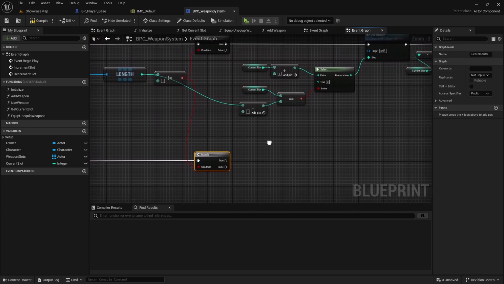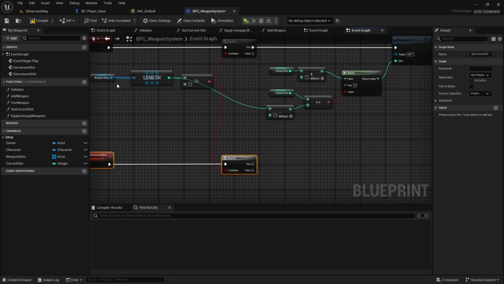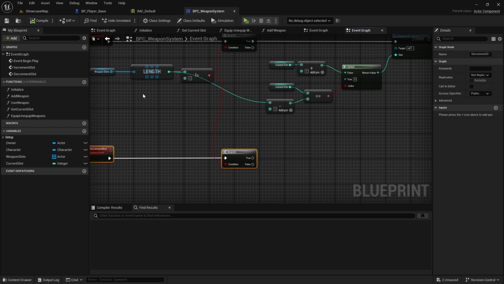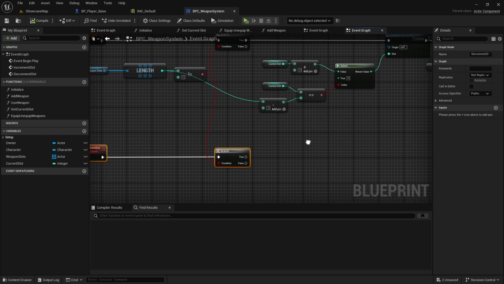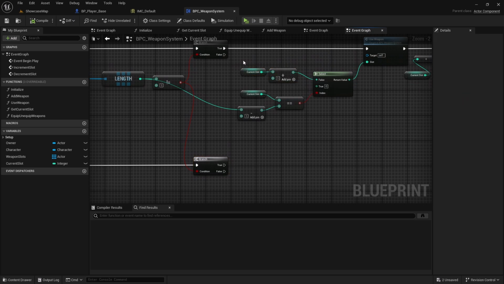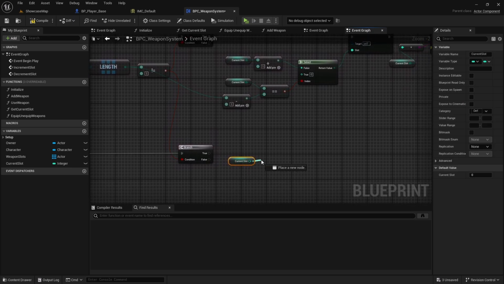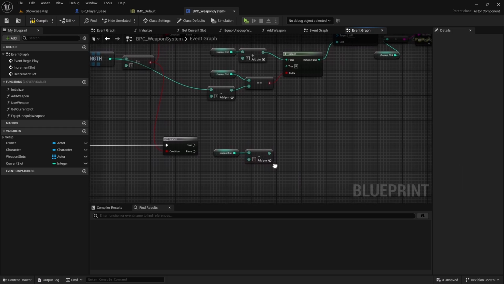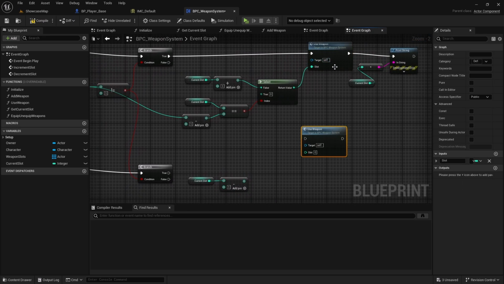So decrementing comes the other way around. So we have to first start with the length. Or is it the other way around? No, we can start with the current slot and we can decrement it by 1 and we can use the weapon,